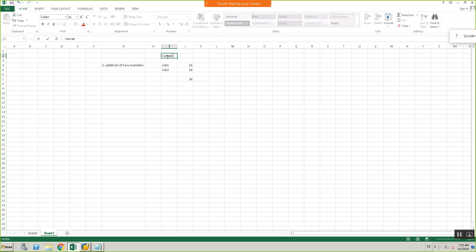Variables are local placeholders to save some value. In order to perform this addition of two numbers, I should have at least two variables to save two different values, and after that, to store the output, I may need a third variable.